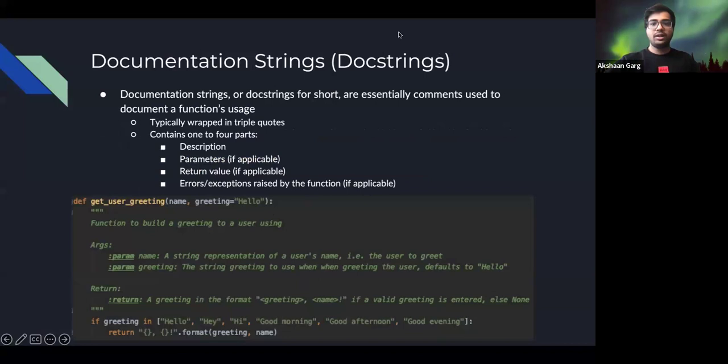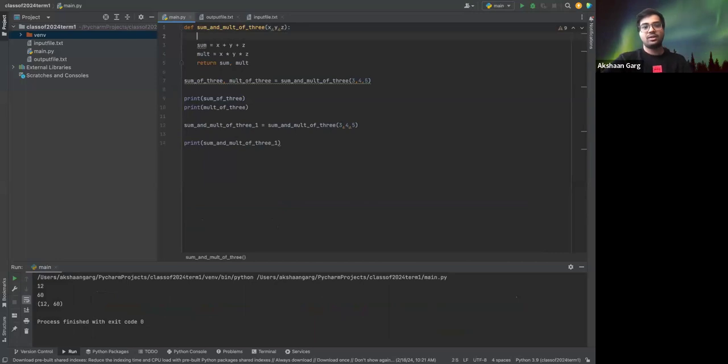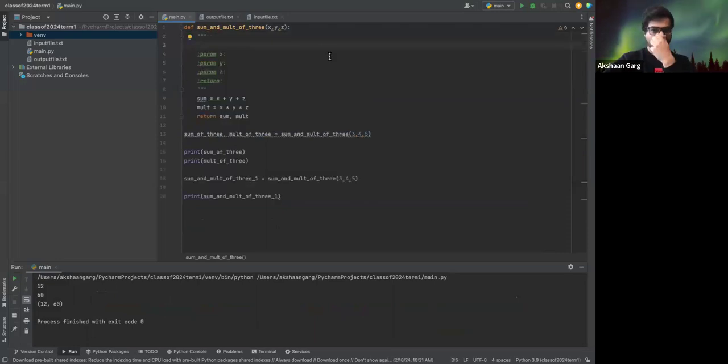All right, so documentation strings, right? Documentation strings, or doc strings for short, are essentially comments used to document a function's usage, right? So when I create a function, I always want to document it so that I can come back to it and see what I created this function for. And how you can do that is simply by putting 3 double quotation marks and pressing enter, and it will automatically give you a template for your definition, right? So in the first line, you would write what the function is doing. So in our case, we would say